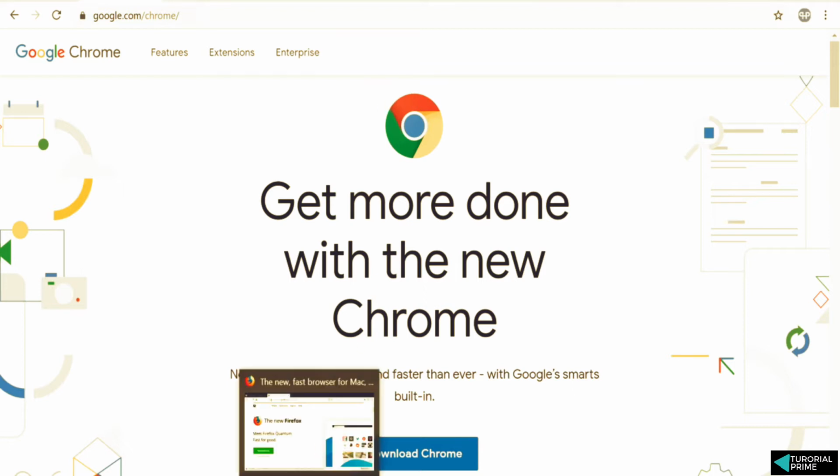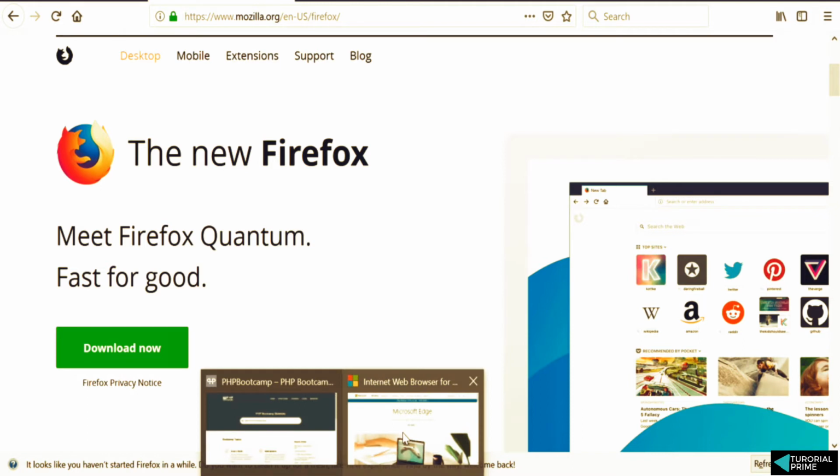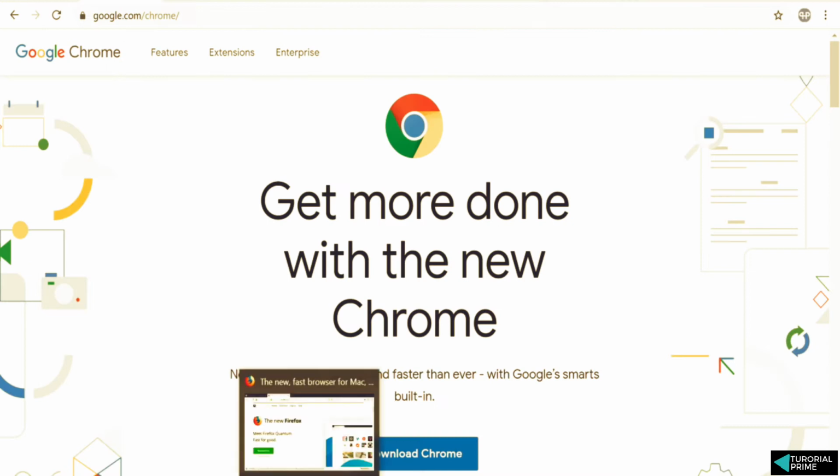The next browser is called Firefox. Remember, there is this icon for Firefox. You can even use the Firefox browser to view the HTML and CSS code. The third browser you can use is from Microsoft themselves. Microsoft Edge is one more famous browser that can be used to execute your HTML and CSS code. So here are the three famous browsers.